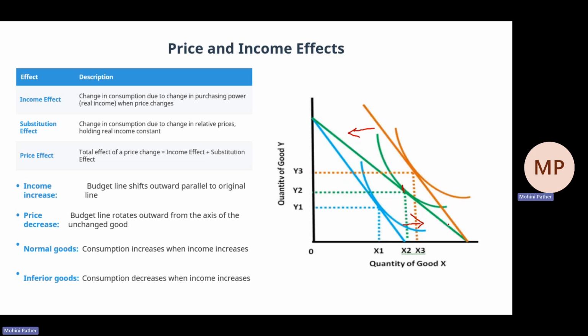If we are looking at normal goods, consumption increases when income increases. If, however, you are provided with a case study for an inferior good, it means that consumption decreases when income increases. So, for example, here where we have an increase in income,